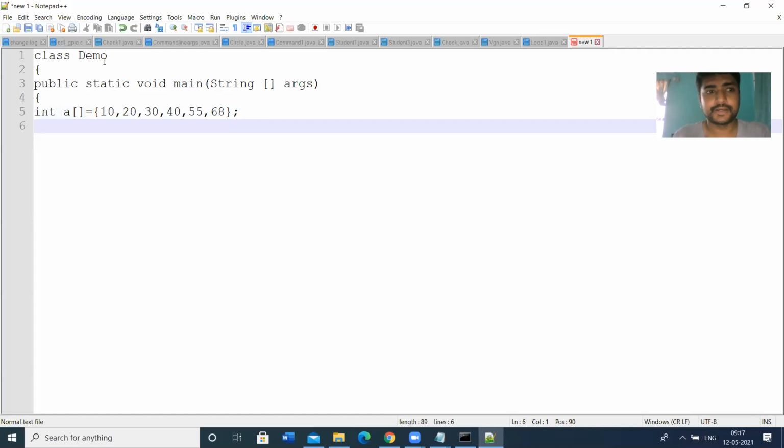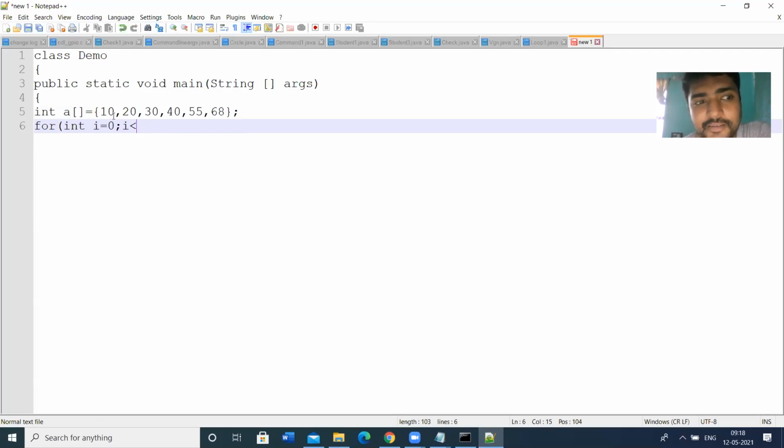This array can be printed by using the for loop. How can you initialize this? For int i is equal to 0, i less than, so how many times does the loop have to be executed?